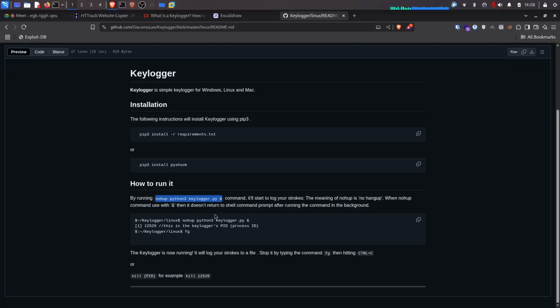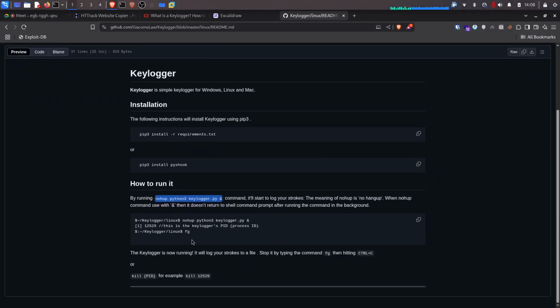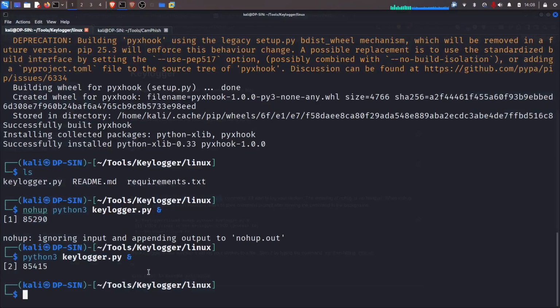Okay, now what happened is कि ये जो keylogger है, that is a simple keylogger. What it did कि अब if I type something यहाँ पे, अब ये एक process number is mentioned कि okay, this keylogger has been started here. Okay, two processes were made. तो यहाँ पे दो प्रोसेस बना दिए, एक यहाँ पे भी चल रहा है, एक यहाँ पे चल रहा है, और एक इसका जो स्ट्रोक है मतलब जितनी भी चीजें हैं, it will be saved into a file, ठीक है।